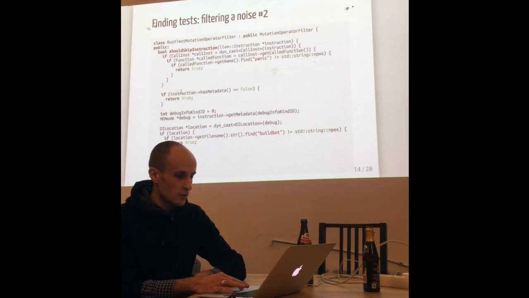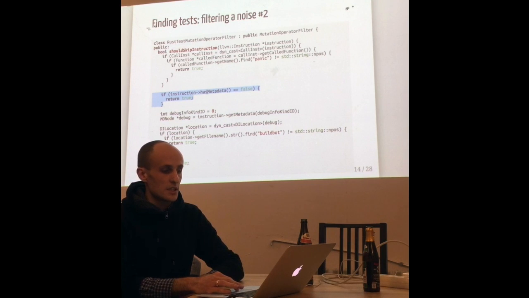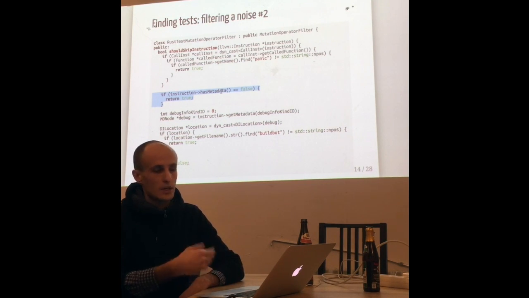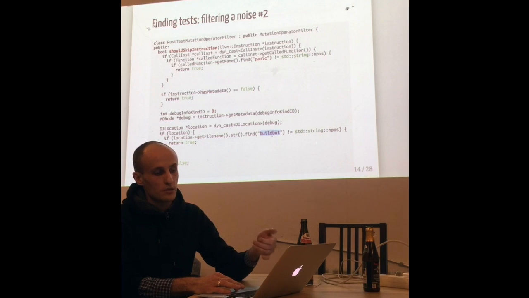Basically, I want to point out, first of all, we don't generate mutations for instructions that don't have metadata. This method helps us to check if an instruction has associated debug information. Another thing is that if it does have debug information, but it also contains a link to build bot, it means that